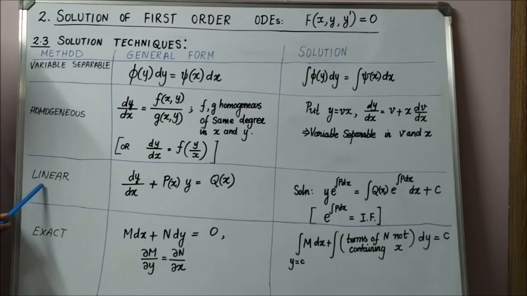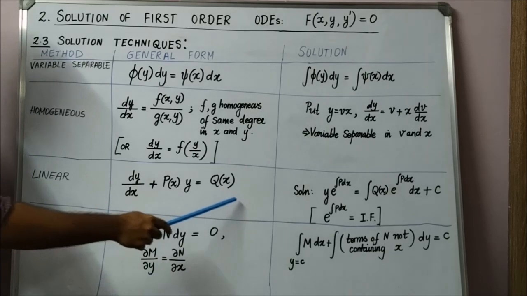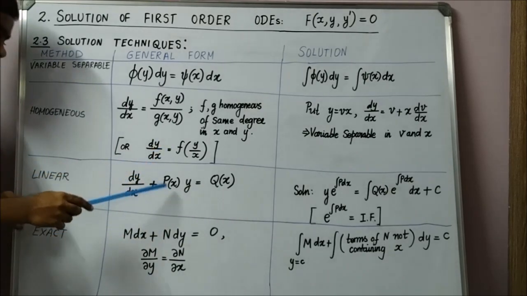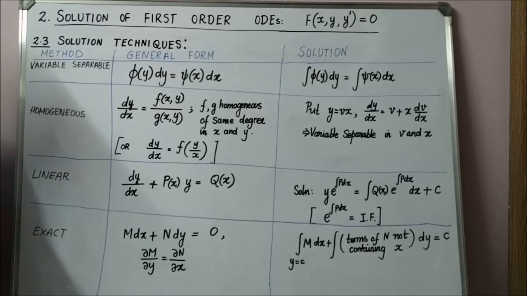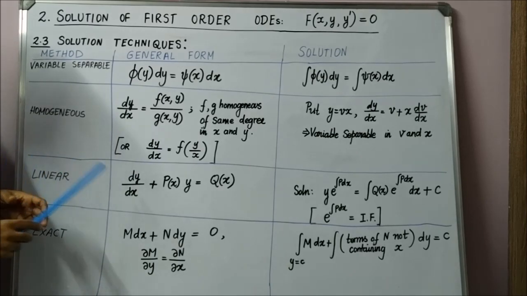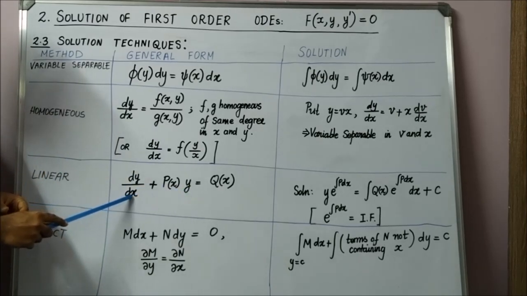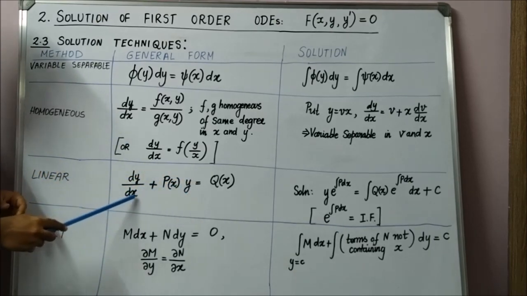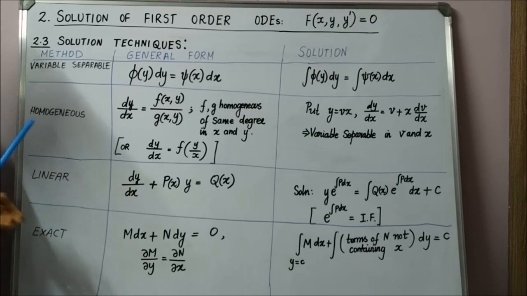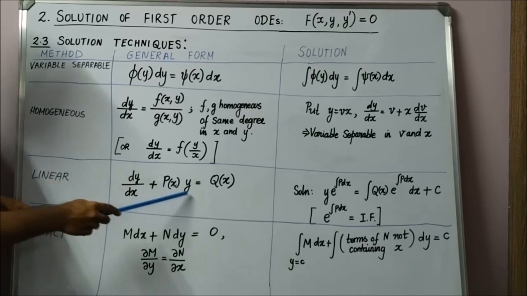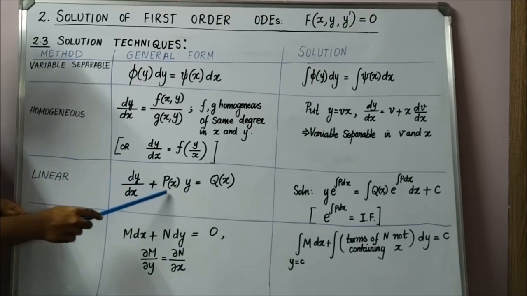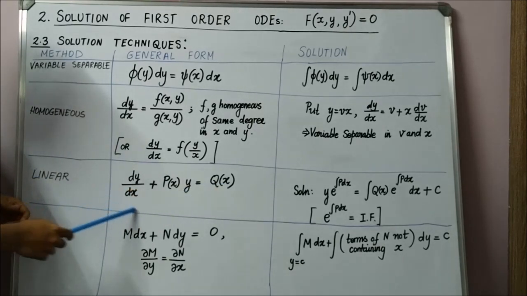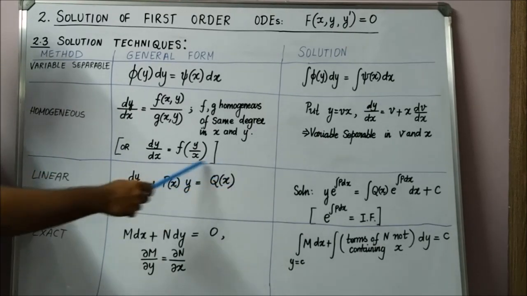Now coming to the linear equation, this is the general form of a linear equation, and for that matter, this is the only form in which a first order equation can be linear. Remember the conditions? The dependent variable and the derivative should have a degree of 1. The dependent variable and derivative should not appear in composites of other functions. Dependent variable and derivative coefficients should not contain the dependent variable. So if you put all the conditions, you can show that this is the most general form of a first